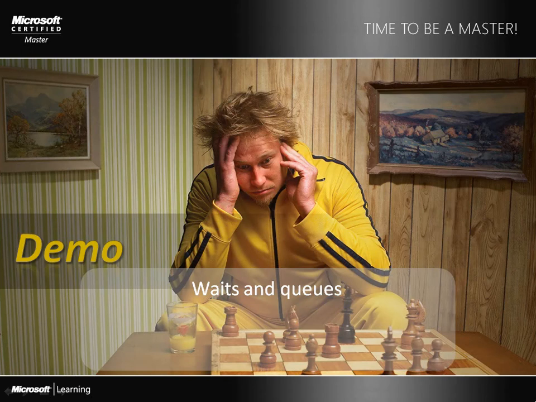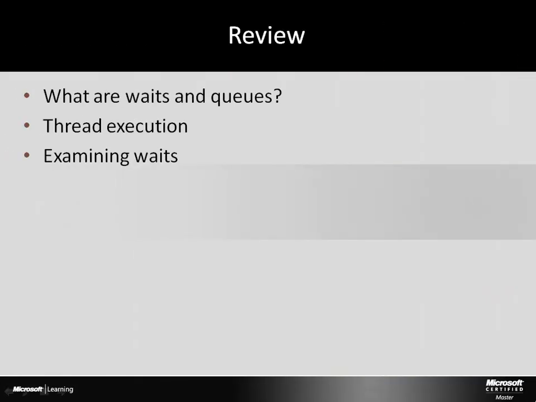Now, for the demo that accompanies this module, I've got a couple of demos that are going to show a system that has performance problems, looking at the waits and queues, and then making a tweak to the way the system is set up to show how that changes the waits that are occurring on the system. And then I'm going to show you some blocking that's occurring and how you can see that with waits and queues as well. So just to summarize, what we've looked at here is